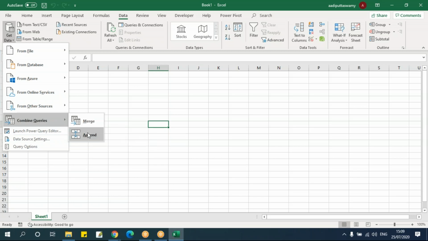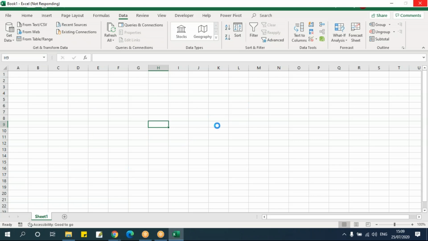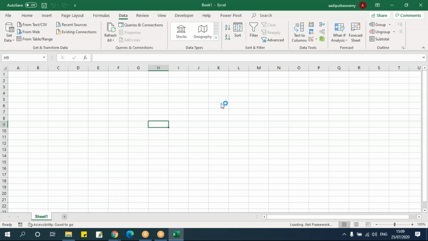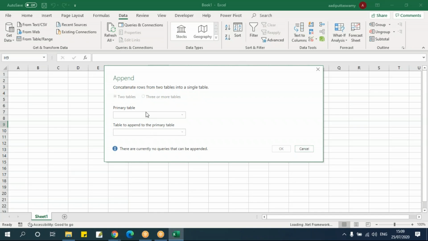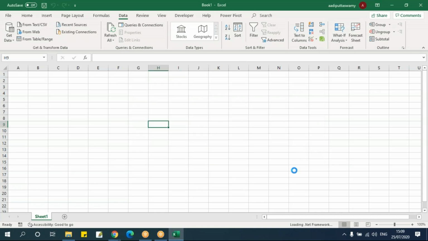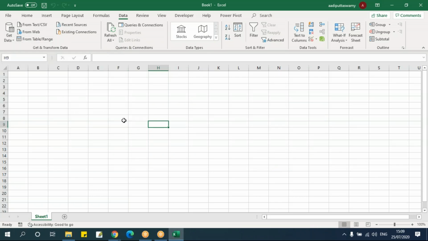When I click on this Append, here we are trying to append tables. We don't have any tables imported. So when I say append, it will ask for the tables. If the tables are not there, we cannot append. So we'll try to import some data. We already have one file here which is append, where I'll try to take the table. See, I have no tables here, so it is not appended. Let's say cancel. Now we'll go here, we'll say From Workbook,